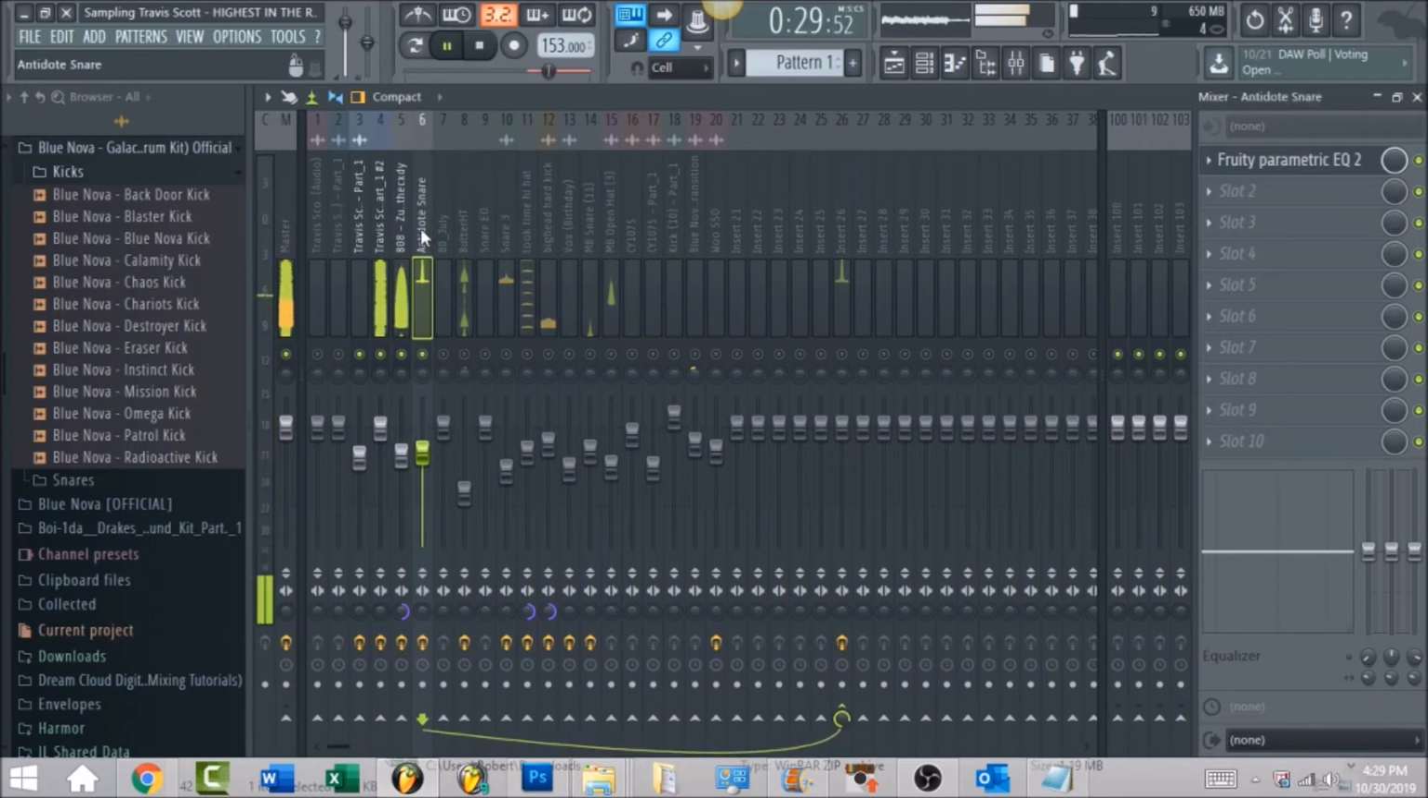Then I have a snare. And right here, you can see my snare is actually sent to a bus. So I actually have two snares going. There's, I guess, a background snare or a sub snare, and then there's a lead snare. So with this background snare,